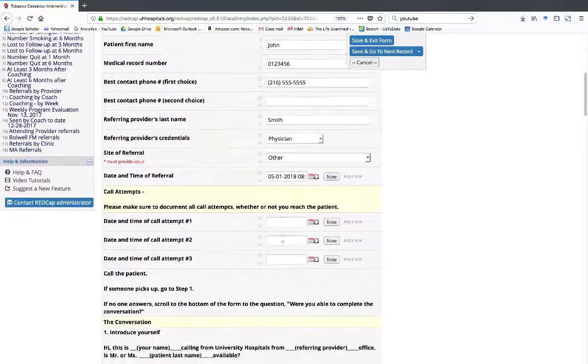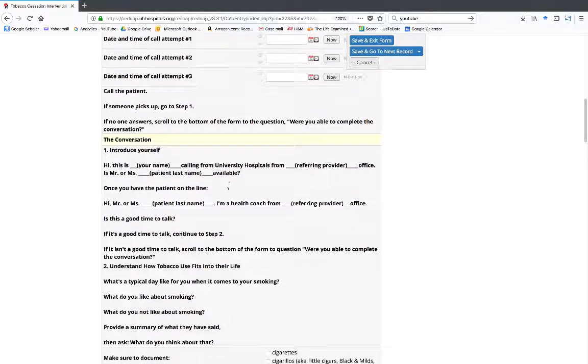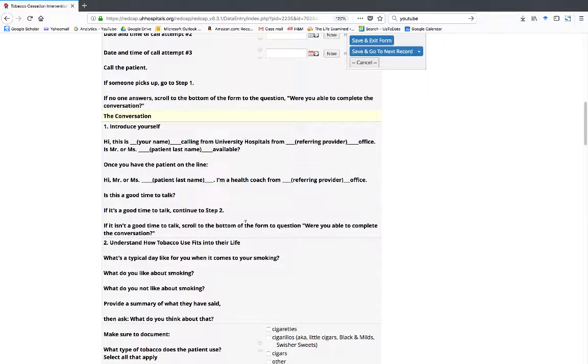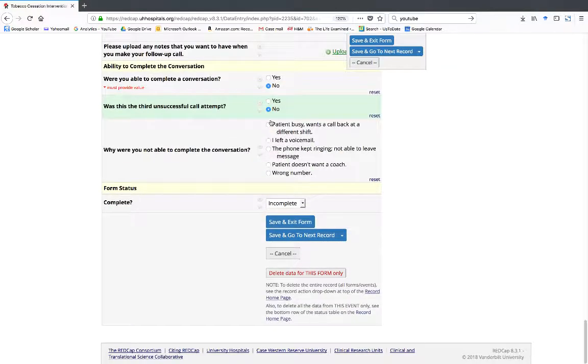The third scenario is that you call the patient, they're there, you introduce yourself, and you ask if it's a good time to talk, and they say that no, it's not a good time to talk. So you scroll down to the bottom of the form again. You say you didn't complete the conversation, and this is not the third attempt, and you click that the patient